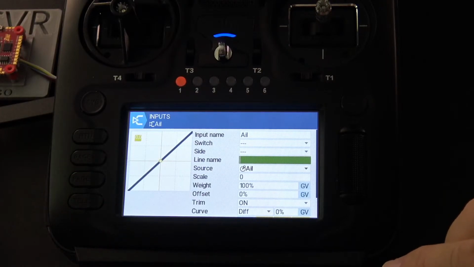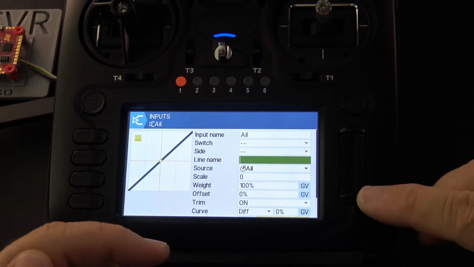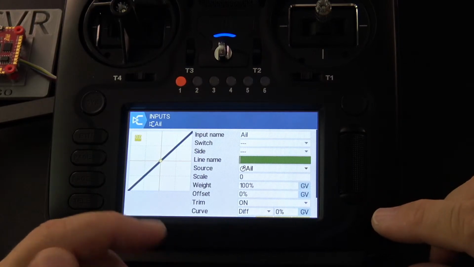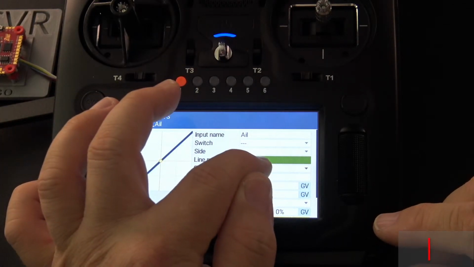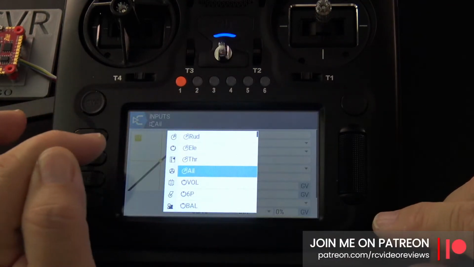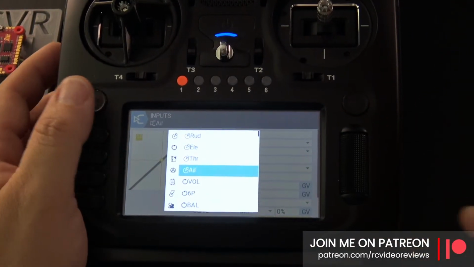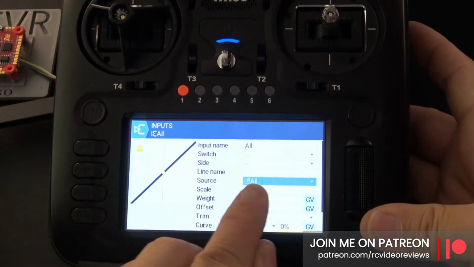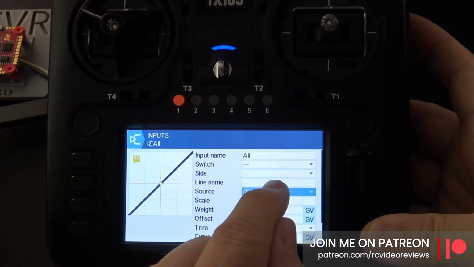It'll instantly train you to say, yeah, I should expect to see green here when I want to do something. One other thing I want to show you in terms of extensibility, which I thought was really excellent, is when I click on the source. Okay, so here's my source option in my input. I'm going to click on the source.